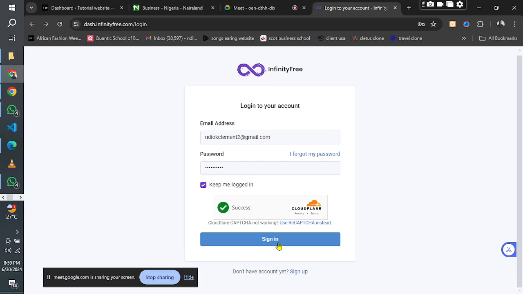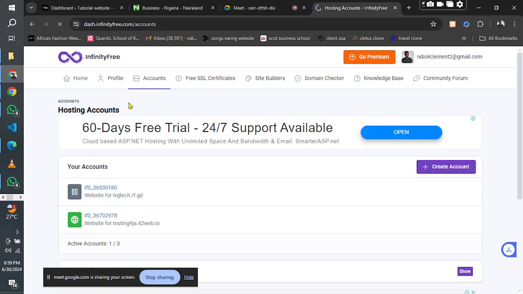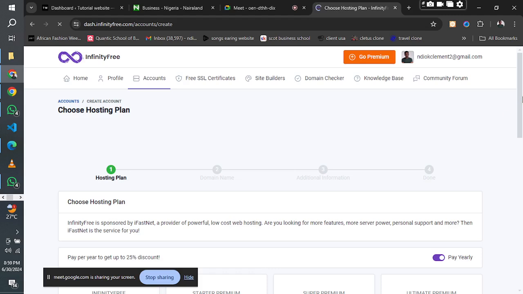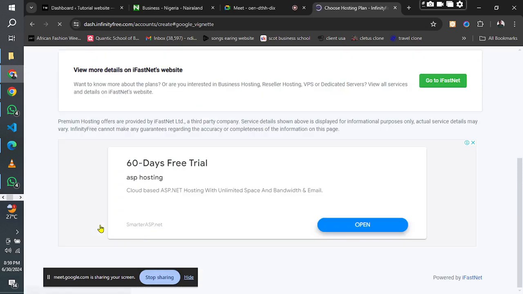So when you sign up, you can create as many as three different domain names. This is just one of my old domain names I've created here. You can create a new domain name when you log in, by using something like the home here. This is what you expect to appear at home. So you go to account if you're not already in account, and you click on create account. When you create an account, there's a free hosting plan and a free domain name, similar to Hostinger. So you say create now,